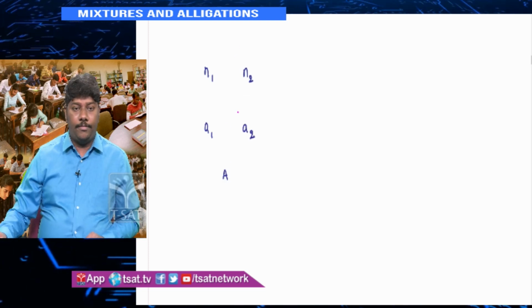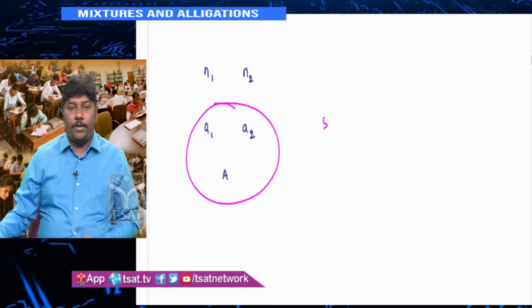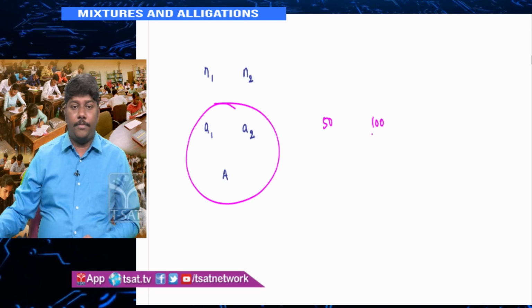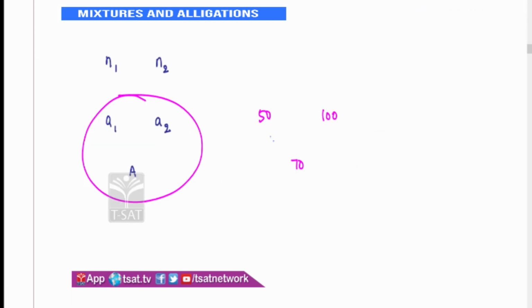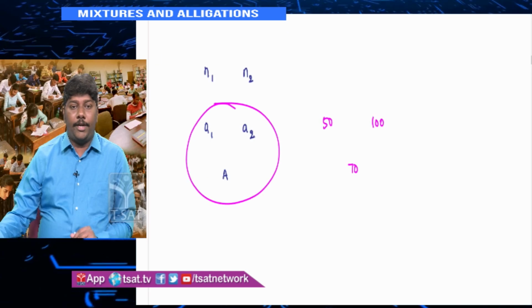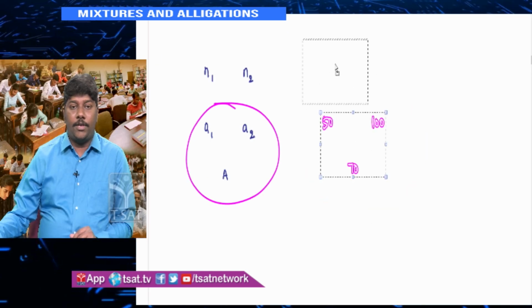Out of these three, suppose I have 50, 100, 70. What is the difference here? The difference is 20, and the difference here is 30. D1 and D2 I am talking about. Or else, if you take D to this side, the difference is 30, and the other is 20. What ratio are we mixing? We are mixing in 3:2 ratio, right? Everyone knows that if I give you A1, A2 and capital A, I am going to get the 3:2 ratio. By looking at it, you can say the ratio is 3:2.